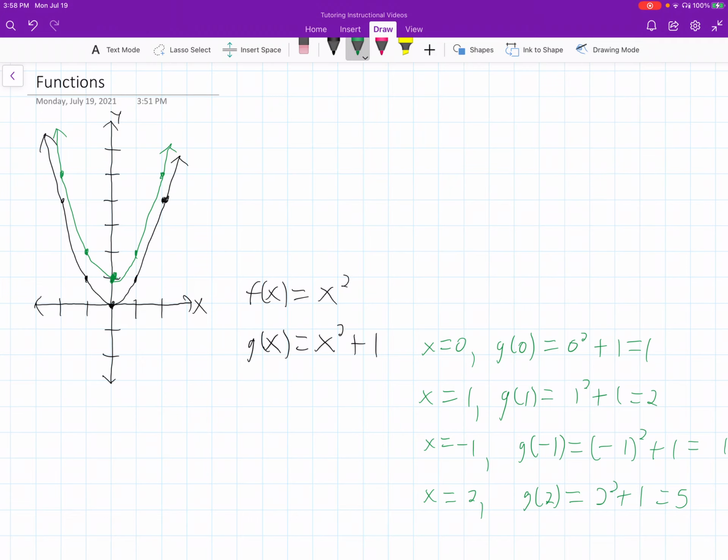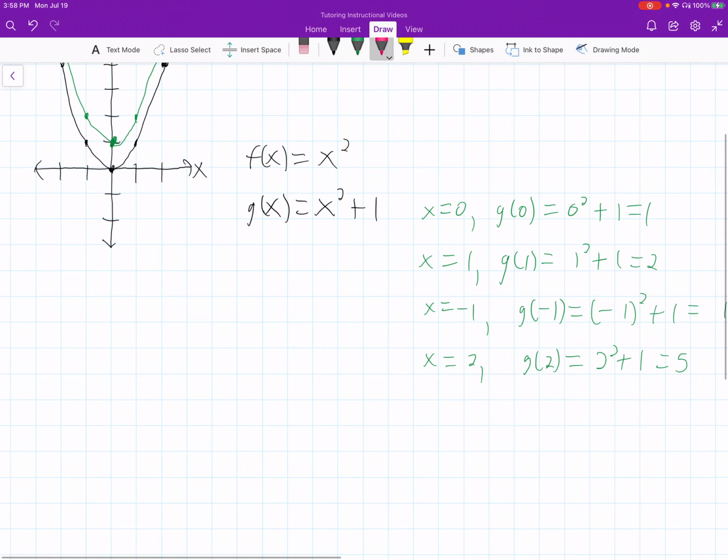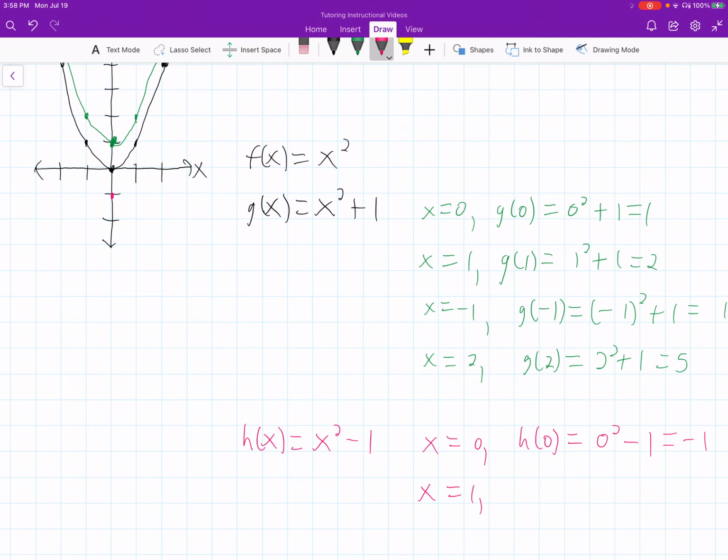Alrighty, and then let's also define the function h of x equals x squared minus 1. What would the graph of that be? Well, when x is 0, h of 0 is going to be 0 squared minus 1, which is negative 1. When x is 1, h of 1 is 1 squared minus 1, which is 0. When x is negative 1,